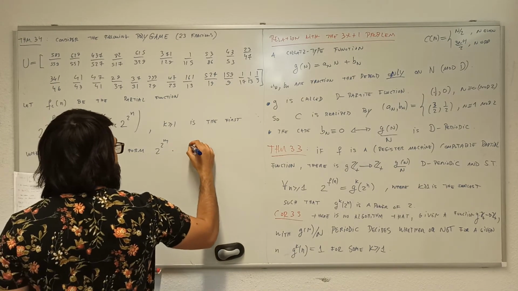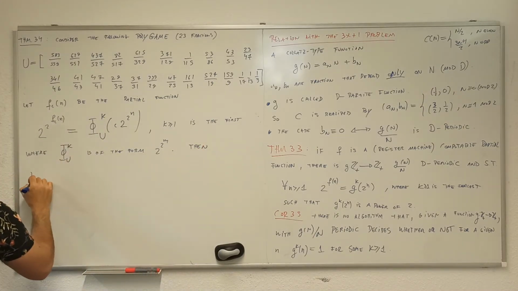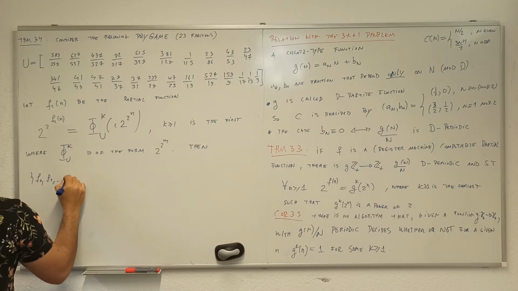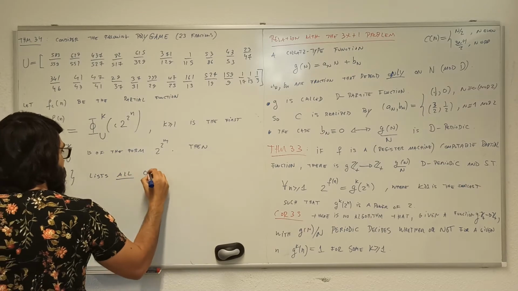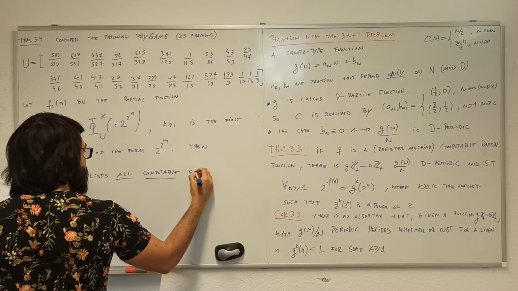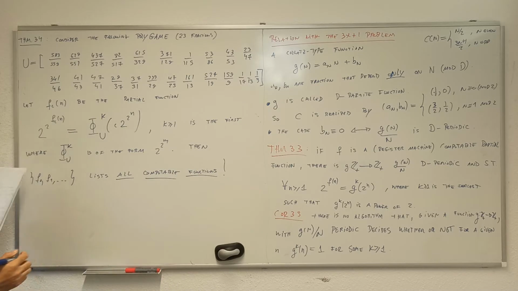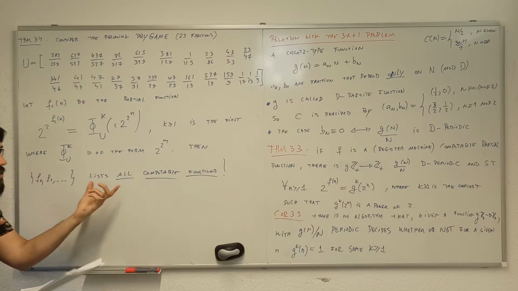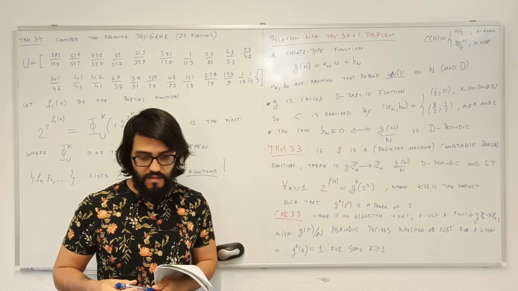Then the conclusion is that f_0, f_1, etc. lists all computable functions. Okay, it's a very nice result. Just with 23 fractions, you can list all computable functions. So listing computable functions in a very simple way,